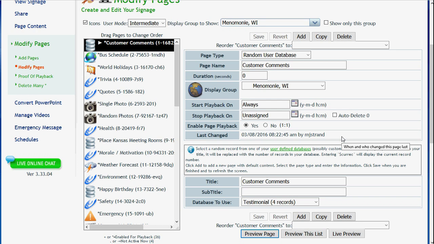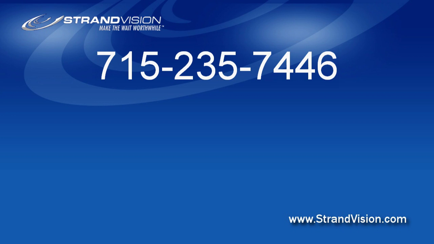As you have changes, you just go to the page content, user database, select the proper database, and update it as changes are made. As I mentioned, this can be used for simple things like customer testimonials and safety dates, but it can also be used for very complex things. And since the initial setup can be a little difficult, we again invite you to give us a call at